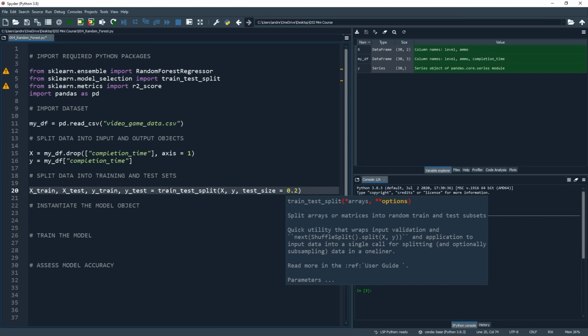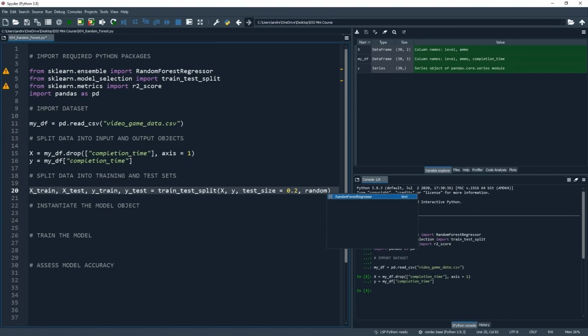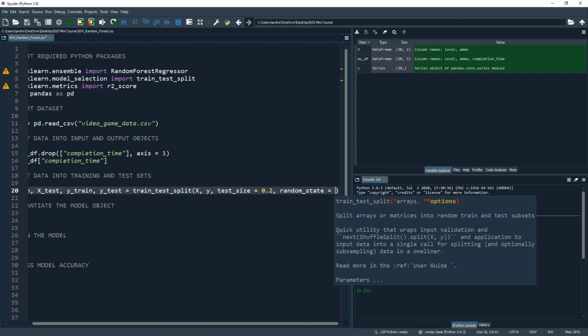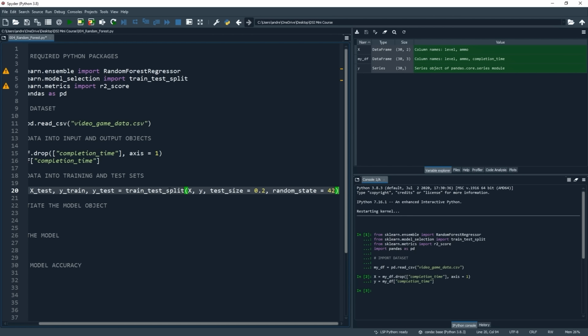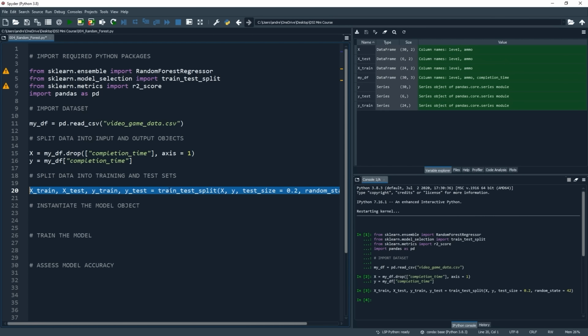There is one more parameter that we are going to put in, so let's put in another comma and let's put random_state equals 42. And random state is just a parameter that can ensure that you and I will get the same splits in this data. And therefore, if we both use random_state equals 42, then we should get the same results as we run through the rest of the code. So let's head to the end of that line of code, highlight it, and F9 to run it.